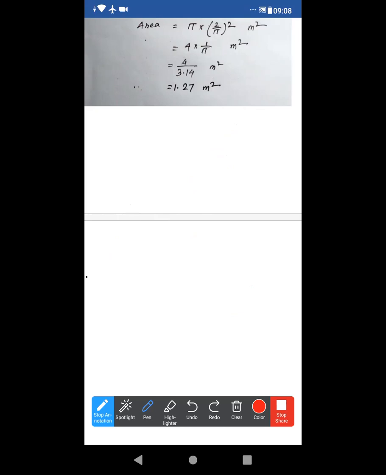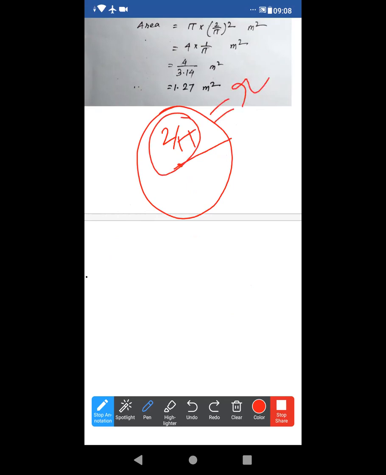Now in case of f, just look, the radius is given as 2 by pi, right? So this one is the r. Same thing in case of circumference, I am telling you first. 2 pi r, into r. That means look, 2 into, as I told you, no need to put the value of pi right now. Why? Because the radius is given as 2 by pi. Then there is a chance that it will cancel out.